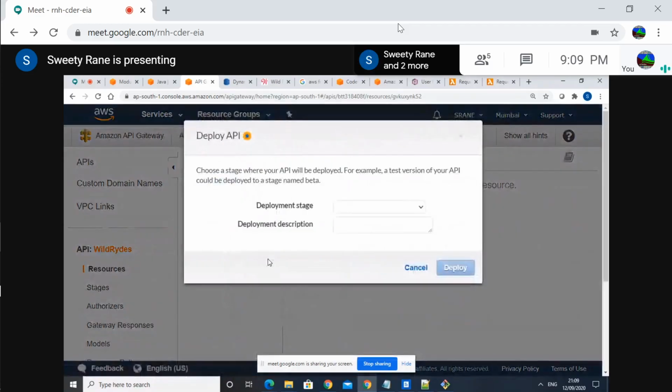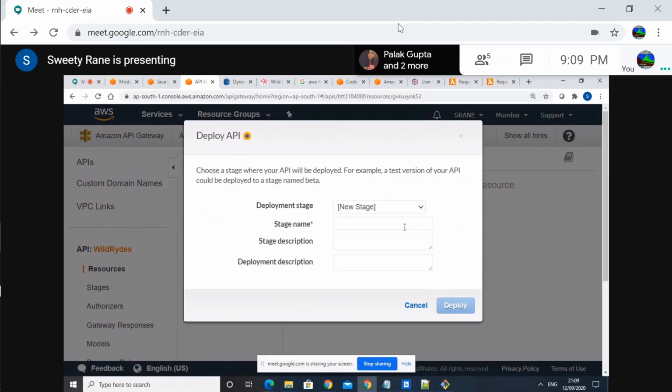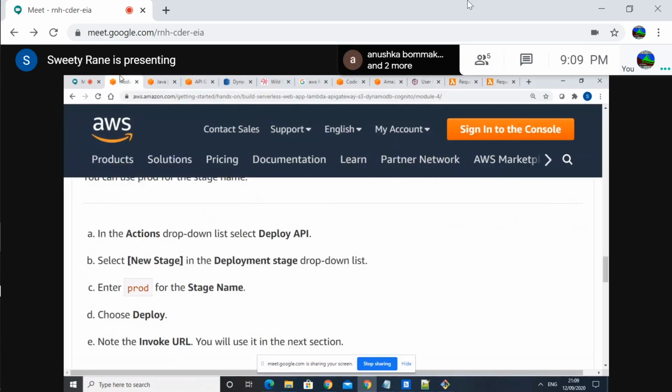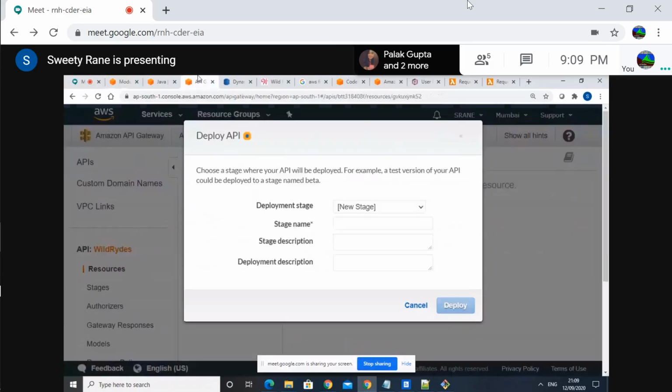Deployment stage, I think what it says, new stage, and then we have to say prod, means production. Yeah, so deploy, okay.